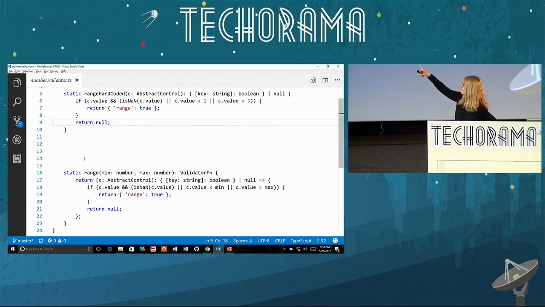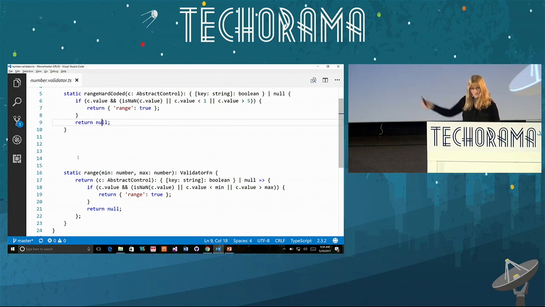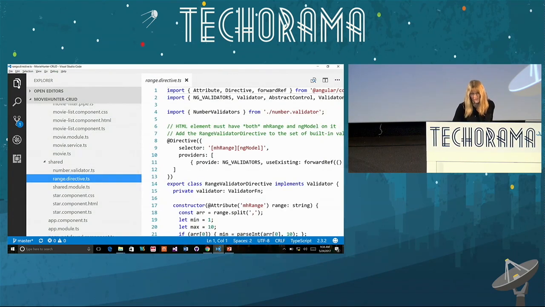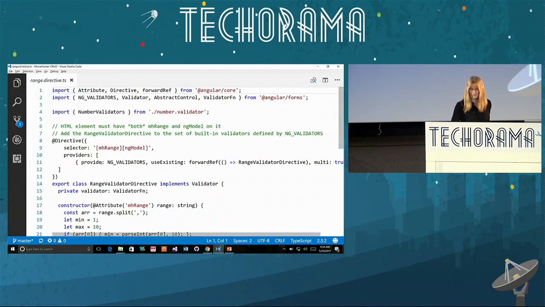So you can use the top version if you don't need variables or parameters on your validator, and then the bottom one if you do. Okay. So then the second step, I'm just going to click to the next one here. The second step is to change it into a directive, and I don't want to spend a whole lot of time talking about directives, but